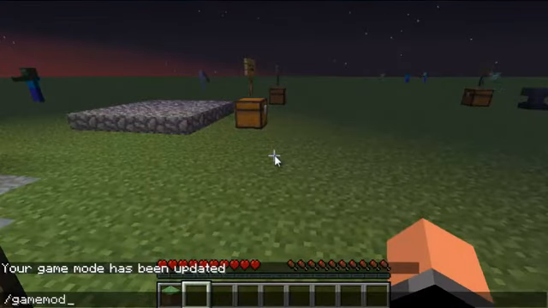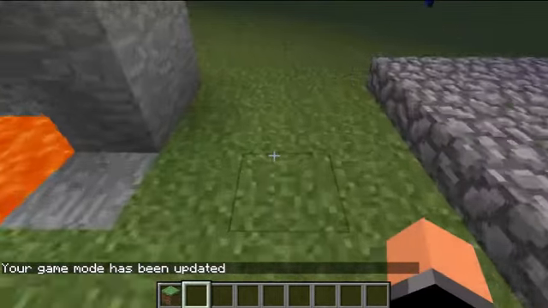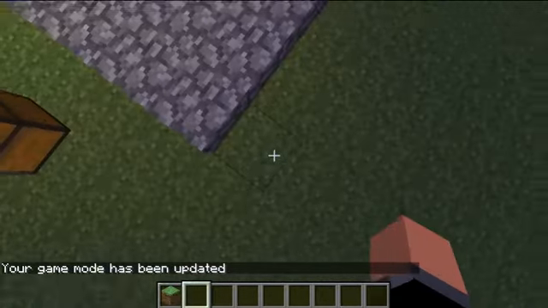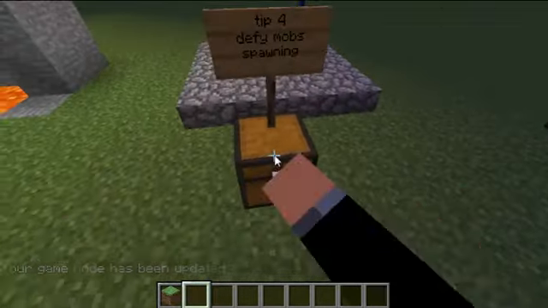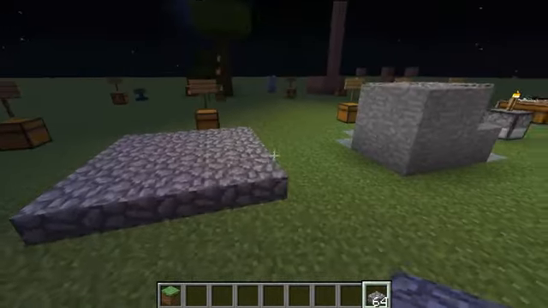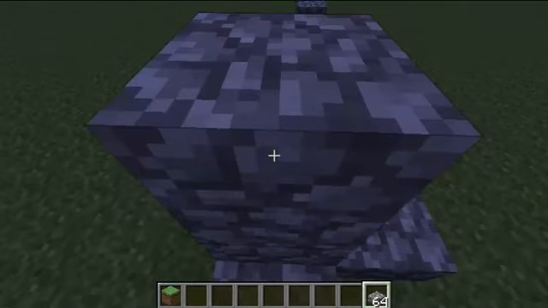I'm going to change my game mode. There we go. Now, this 4th tip is a pretty cool thing if you're playing a survival series. Mobs will not spawn on half slabs. You see all these mobs spawning out? No matter how many spawn, if I make a platform all the way out here, a mob will never spawn